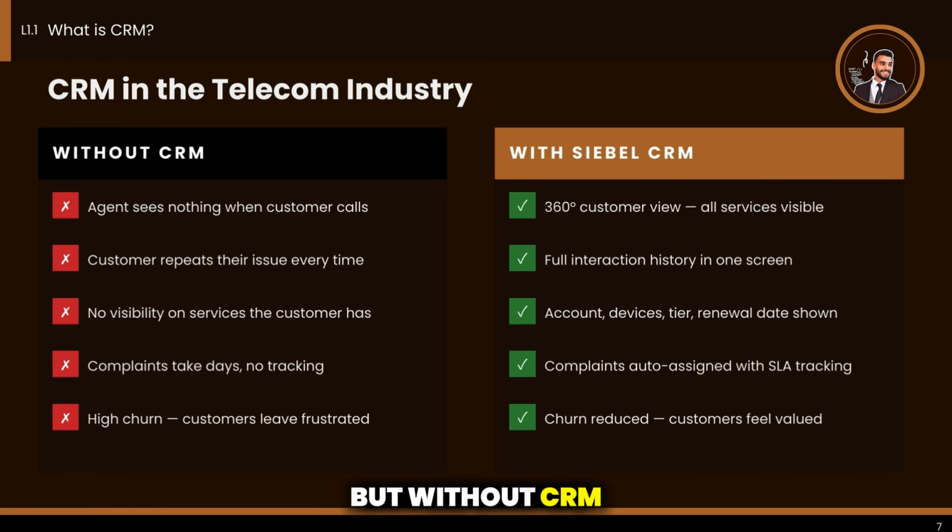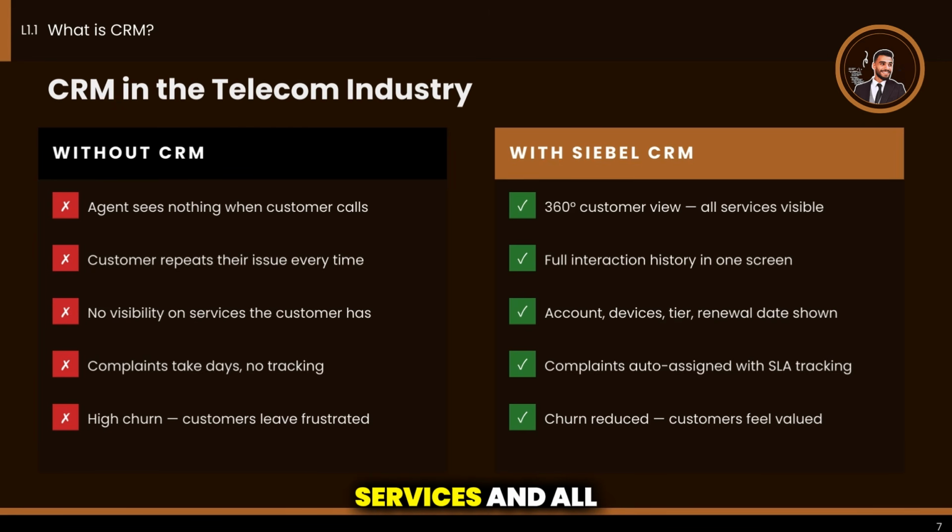But without CRM, when that customer calls about a VPN issue, for example, the agent has no idea what other services they have. They cannot see if there is a related problem on the network. They cannot check if this customer is a renewal risk. They are flying blind. With CRM, with Siebel, that agent opens one screen and sees everything, the complete account,